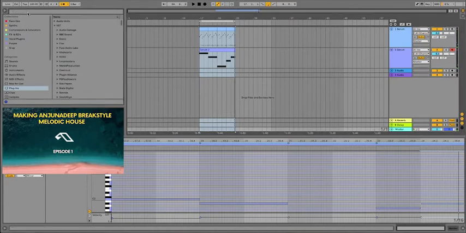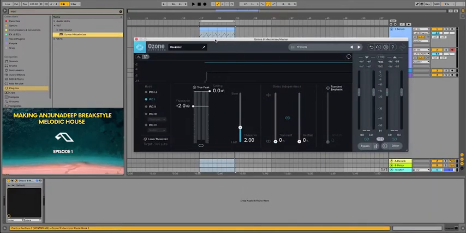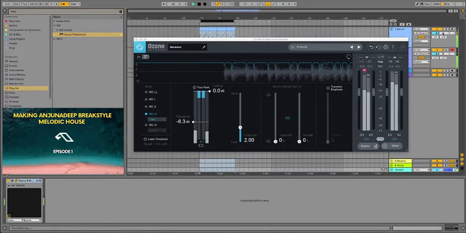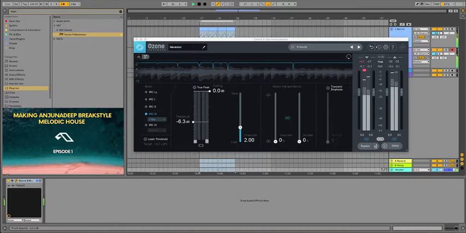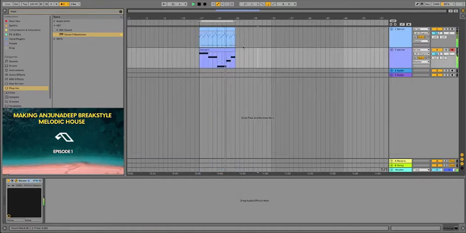One thing I tend to do, because I'm half deaf anyways and I like to keep my levels pretty low, is just dump a maximizer onto the stereo channel. If you don't know, I tend to run this on Crisp. I just find it's one of the algorithms I like the best. Let's see how this sounds now. So we've got something I think that we can start off with.